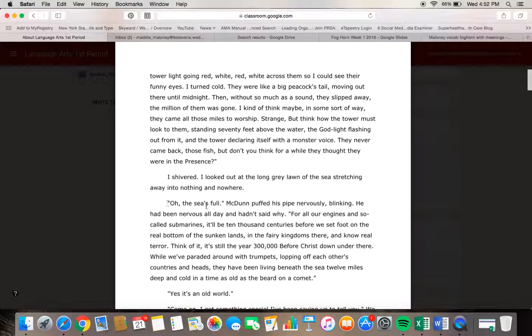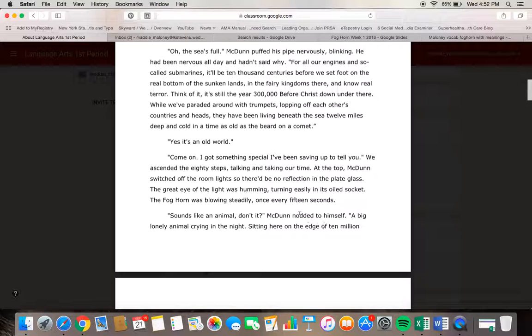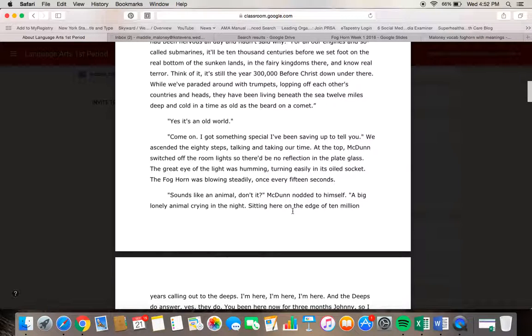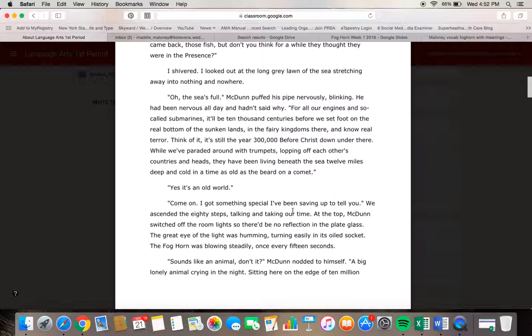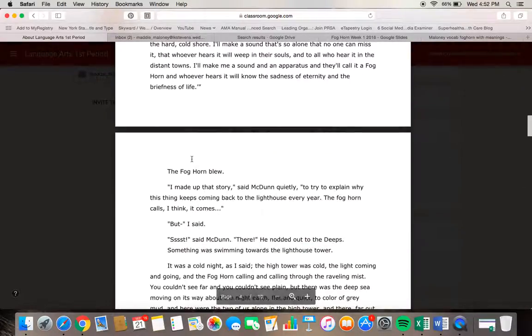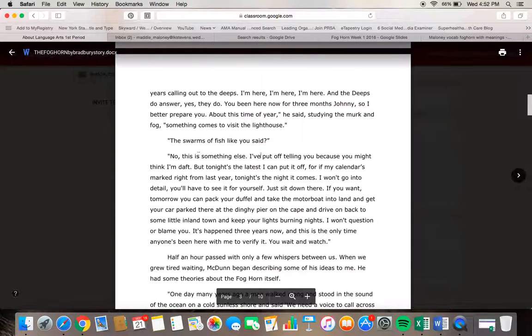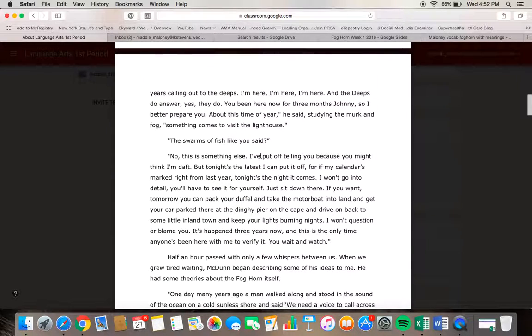So from here on, I would like you to just continue to read and just jot down words that you feel like create and add to that mood for the reader. In class we said the mood was kind of sad, depressing, mellow, so any word that kind of puts you in a down mood would probably fit for this story. It's a little bit depressing. So again, as you read, this is 10 pages long. It's one of our longer short stories. I want you just to write down or highlight words that you think help create the mood for the reader. And if you see any foreshadowing, feel free to write that down as well.